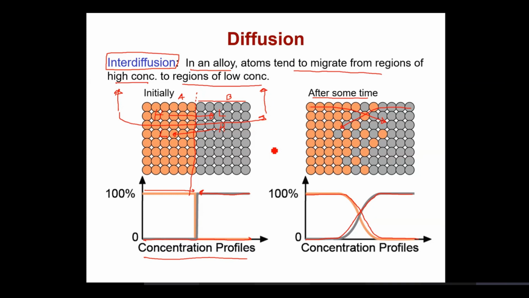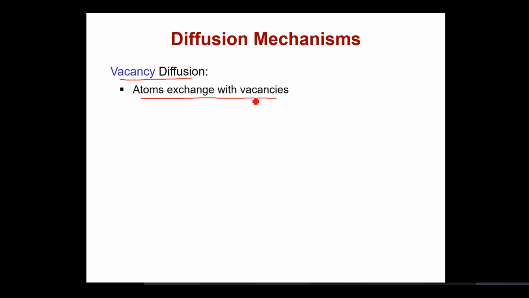All right. Now let us look into the diffusion mechanisms as we had mentioned earlier. The first mechanism is vacancy diffusion. It says that atoms exchange their position with vacancies, and this applies to substitutional impurities present within the material. Obviously,